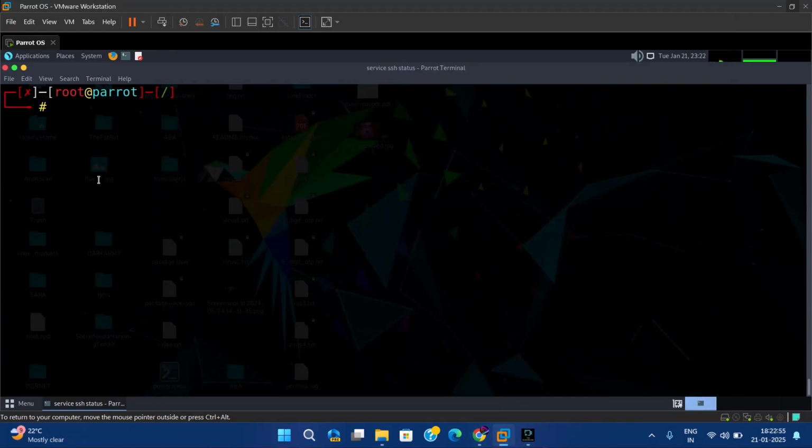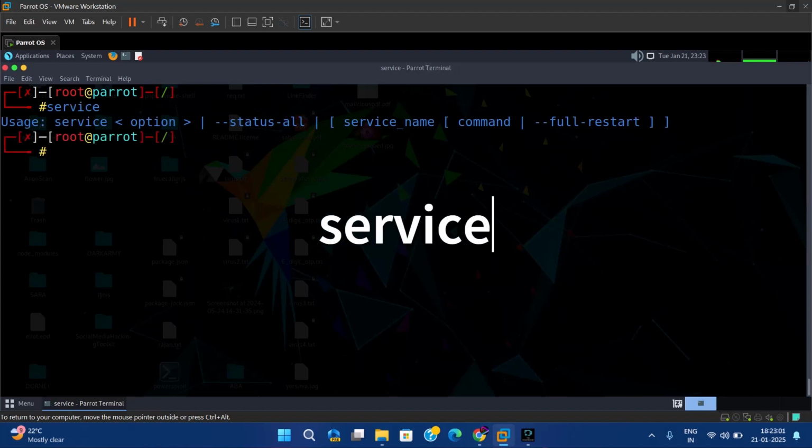So another command you need to know about is the service command. This is the service command. This command is basically used for activating or playing with the services on your Linux operating system. If I show you the manual page of the service command, then you can see here